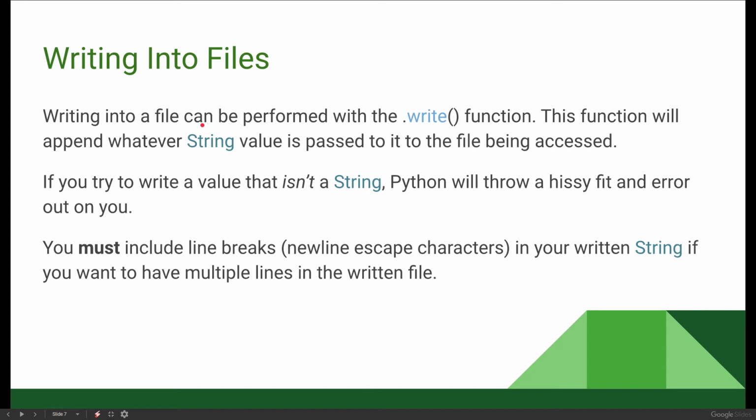Jumping over to writing, I can write into a file using the .write function, also built into my file variable. And this function will append whatever string value you pass it, so it takes a string as a parameter, and it will append it to the file that you're accessing. If you try to write a value that's not a string, Python will complain. You can only pass strings to your write function, so you'll need to typecast them before you're allowed to do